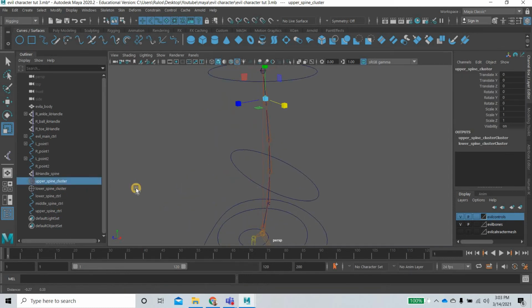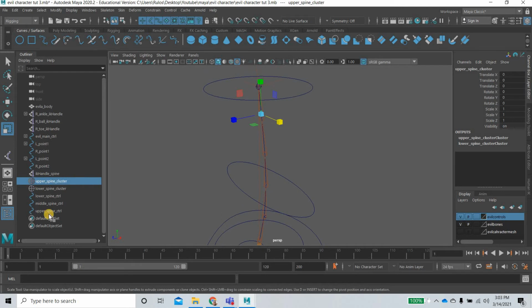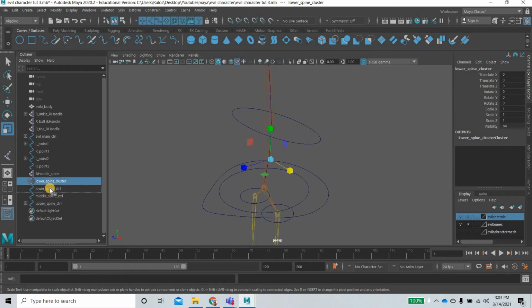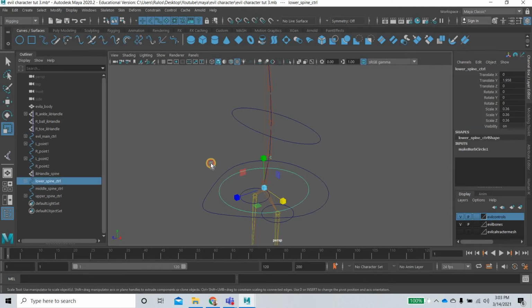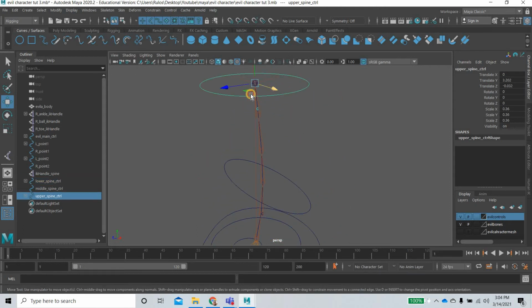Upper spine cluster, we will link it to the upper spine control. So I'm going to middle mouse drag and drag it here. Okay, then the lower spine cluster, I will drag it to the lower. Okay, so when I select this one and move, this joint moves, and if I select this and move, the